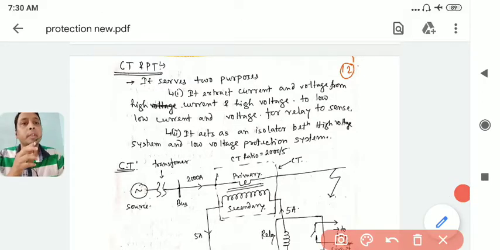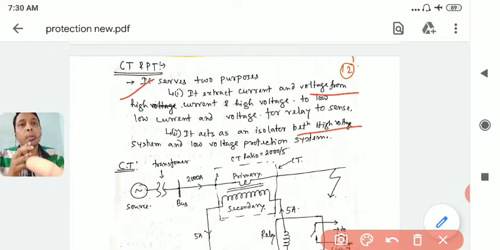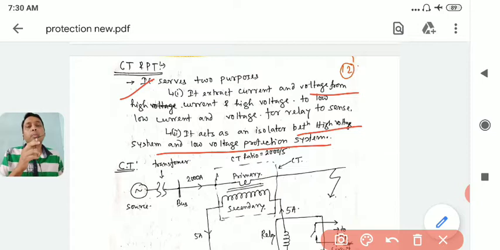One is, you can see here, they extract current and voltages from a high value to a low value so that you can use it in the protection system, and it also acts as an isolator between the high voltage system and the low voltage protection system. Your original system is high voltage, in kVs, and your protection system is a small 5 ampere, 110 V, because it just needs to magnetize the trip circuit coil. If it's magnetized, then it will create a force which will pull the mechanical connection from the breaker. You have seen it earlier.